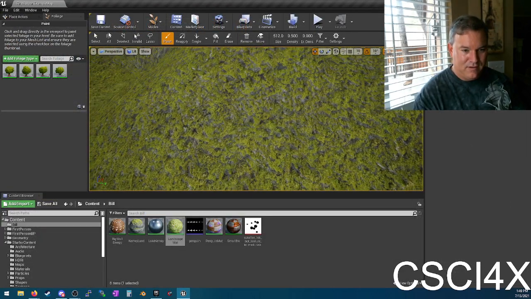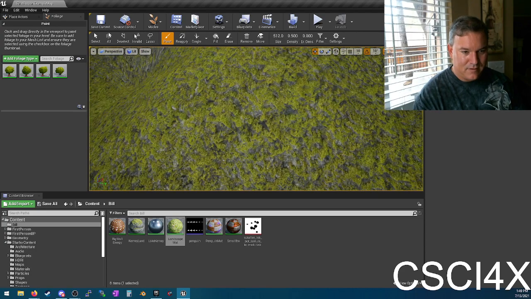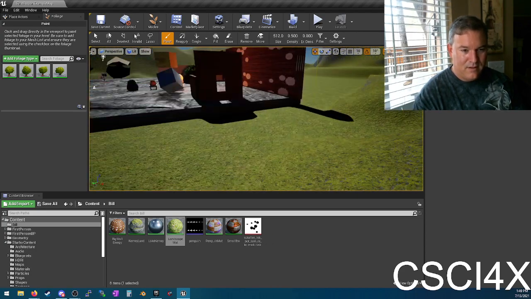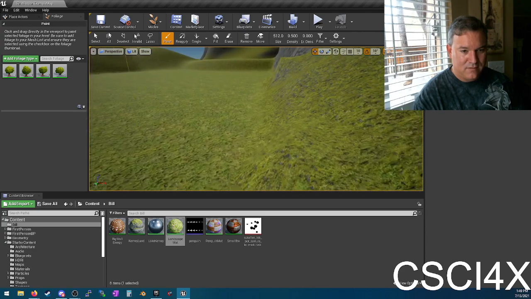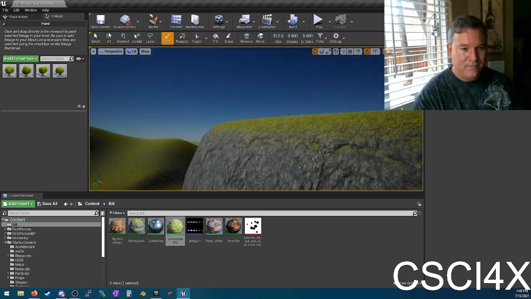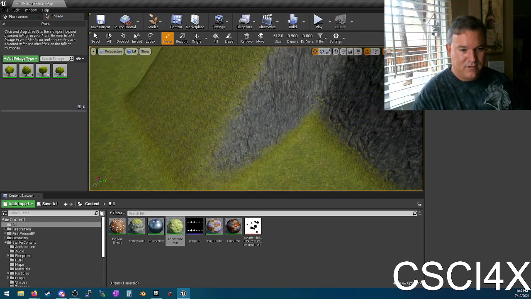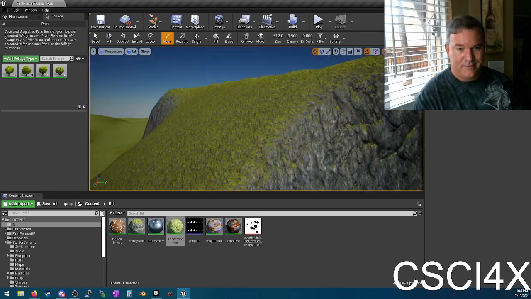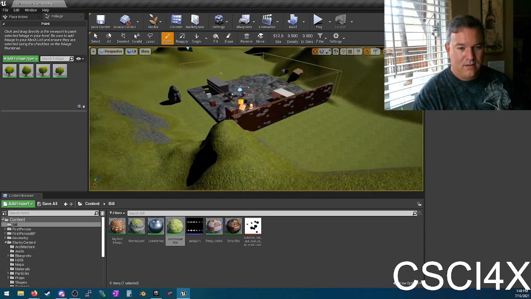It looks fine. You can see the rock and the moss blending together there, and you can see the grass and the moss kind of coming together right here. Yeah, things like this don't look natural, but whatever. Okay, so